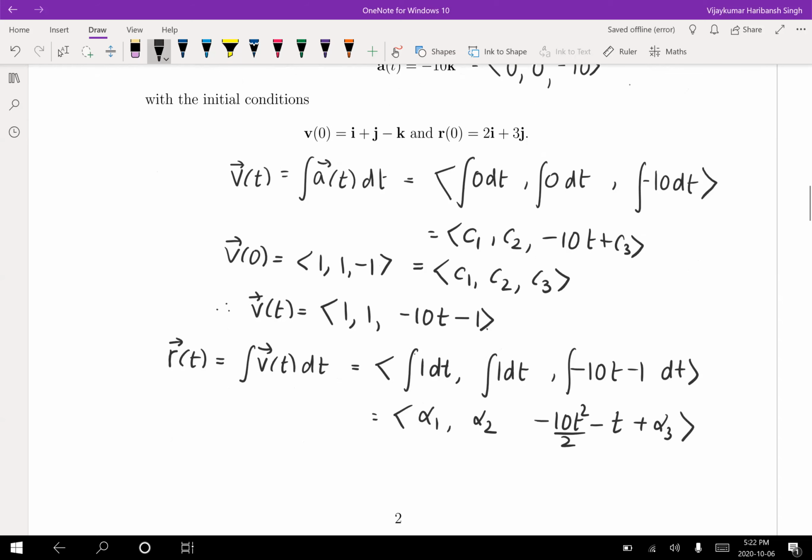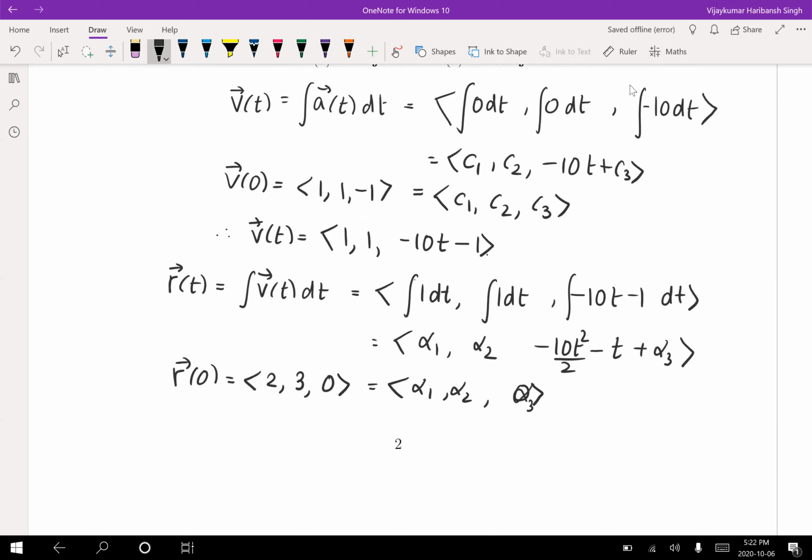Now we need to find out alpha 1, alpha 2, alpha 3 to have a complete profile of R of t. So note that R of 0, on one hand it is 2, 3, there's no k component, so it must be 0. On the other hand, we get alpha 1, alpha 2, alpha 3. So this implies alpha 1 equals 2, alpha 2 equals 3, and your R of t equals